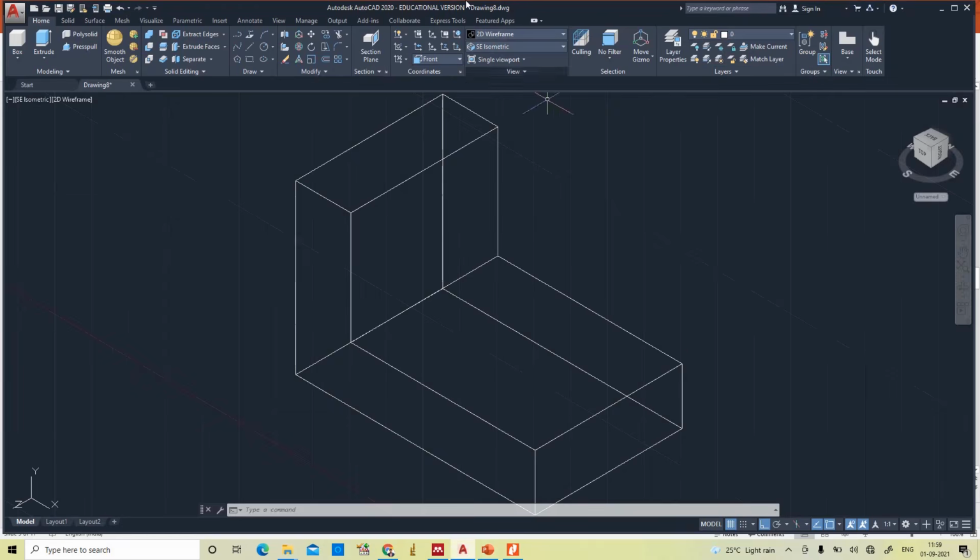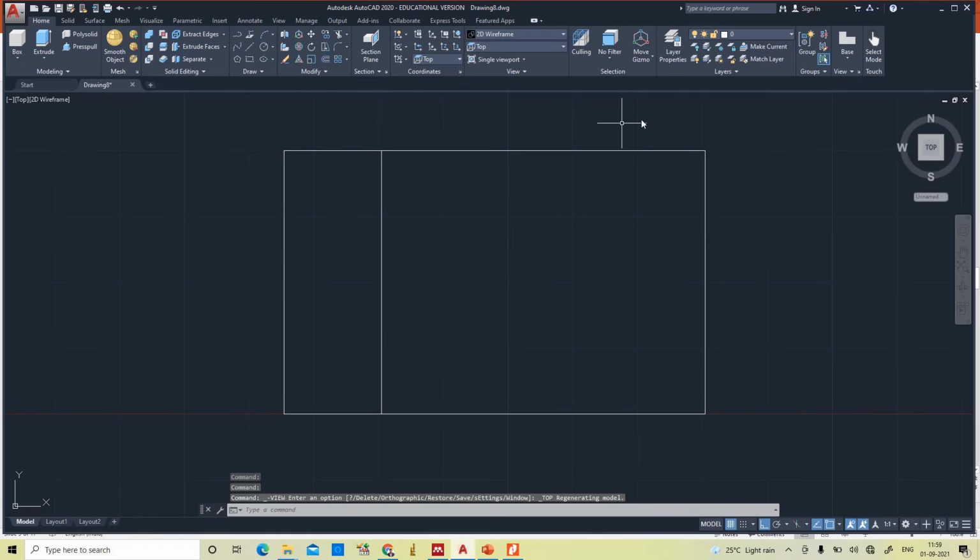How to do? See, now I am choosing top. Yes, now this is the top view. Take the line command, 10, 10. Yes, see, highlighting. So this is 10, this is 10, and from here you have to construct a